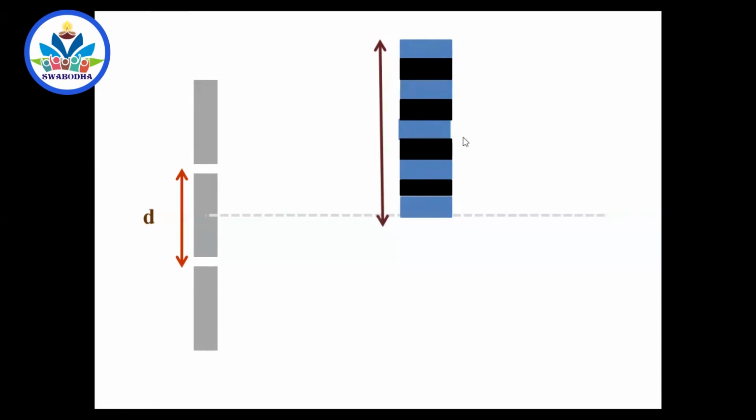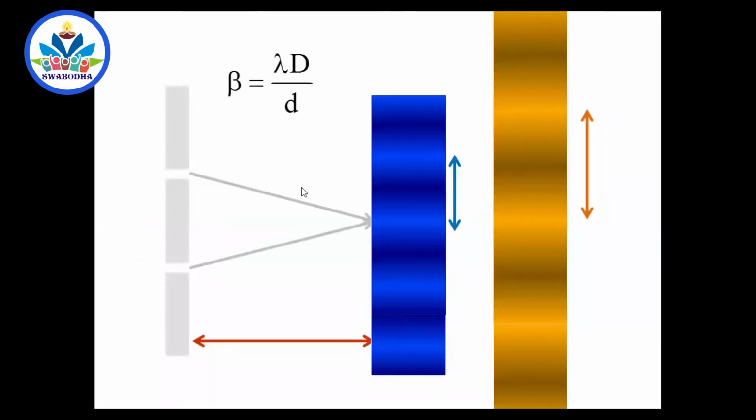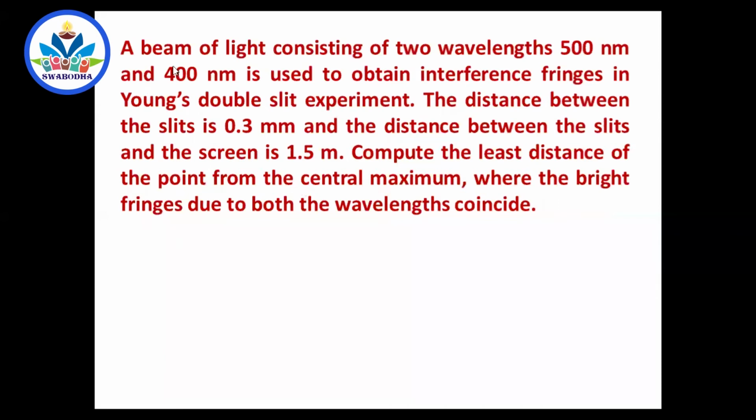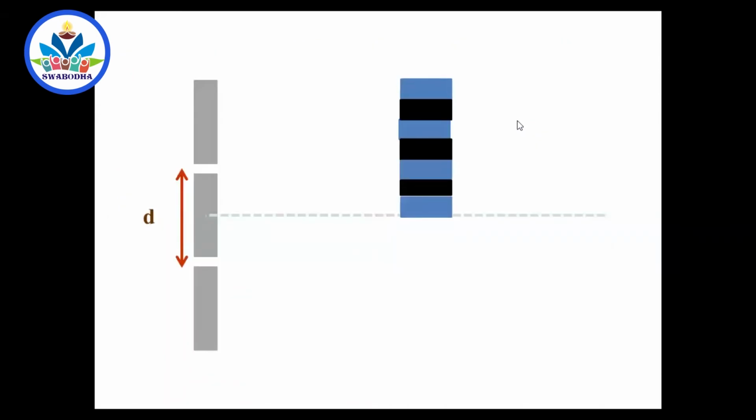This is first bright, second bright, third bright, fourth bright. The fourth bright of blue is formed here, right? 4 beta 1 I'll write. Which is beta 1 for us? Beta 1 is the smaller one among them. That is 400 nanometer. 500 is not yet switched on. So this is 4 beta 1. 1, 2, 3, 4. The central bright fringe should not be given a number. It should be 0. 1, 2, 3, 4 beta 1.